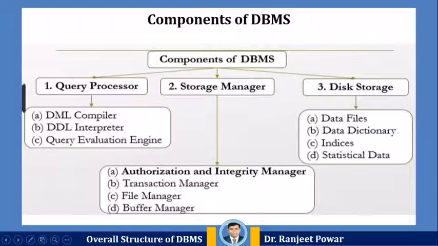The query processor is also very important because it helps the database system simplify and facilitate access to data. So quick processing of updates and queries is important. It is the job of the database system to translate updates and queries written in non-procedural languages. Data is finally stored physically on disk. Data is organized into data files and a data dictionary. Indices and statistical data are maintained on the disk for fast retrieval of data.